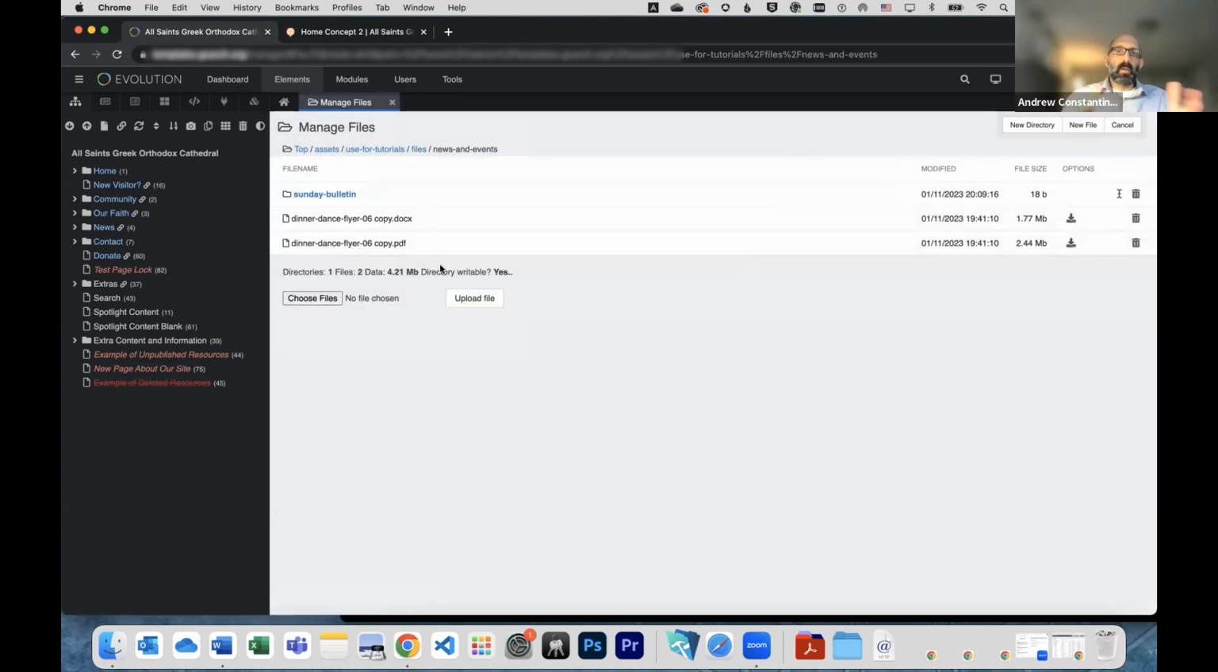Okay, so here I've got two different files. I've got a dinner dance flyer, one as a Microsoft Word document, another as a PDF. The PDF is the one that I'm going to want to retain. Now, if I was coming in here and I didn't have the PDF already uploaded, I could do that